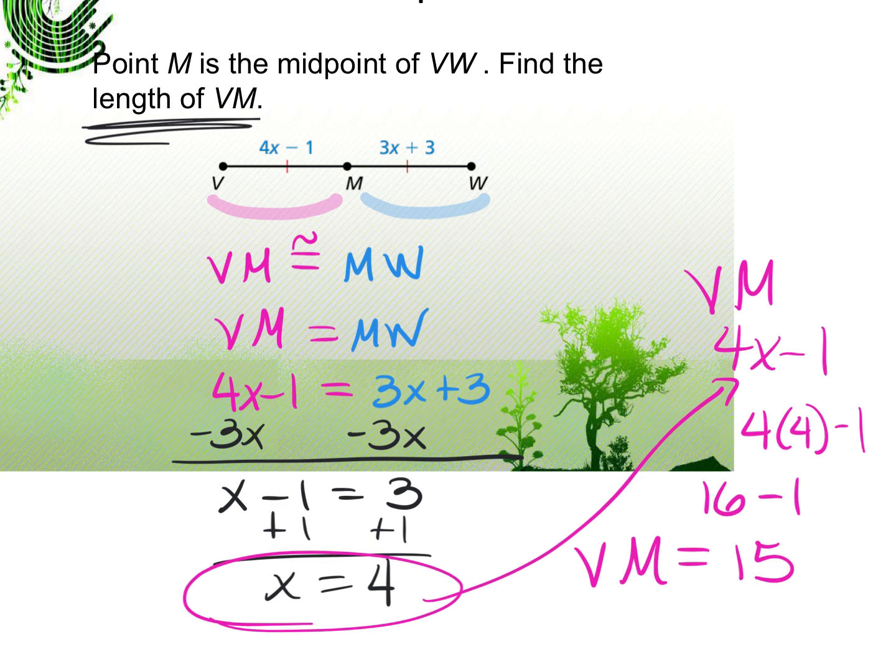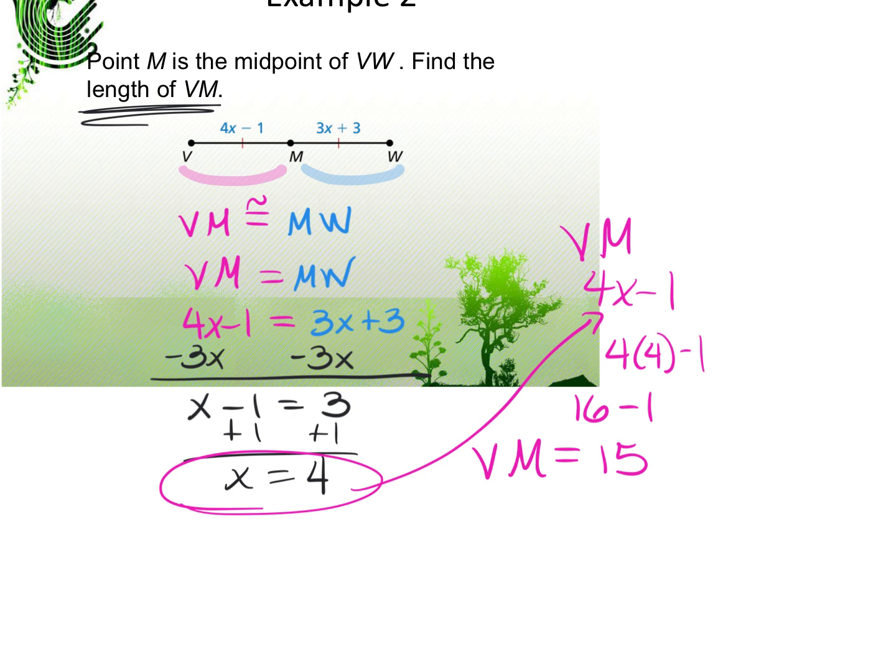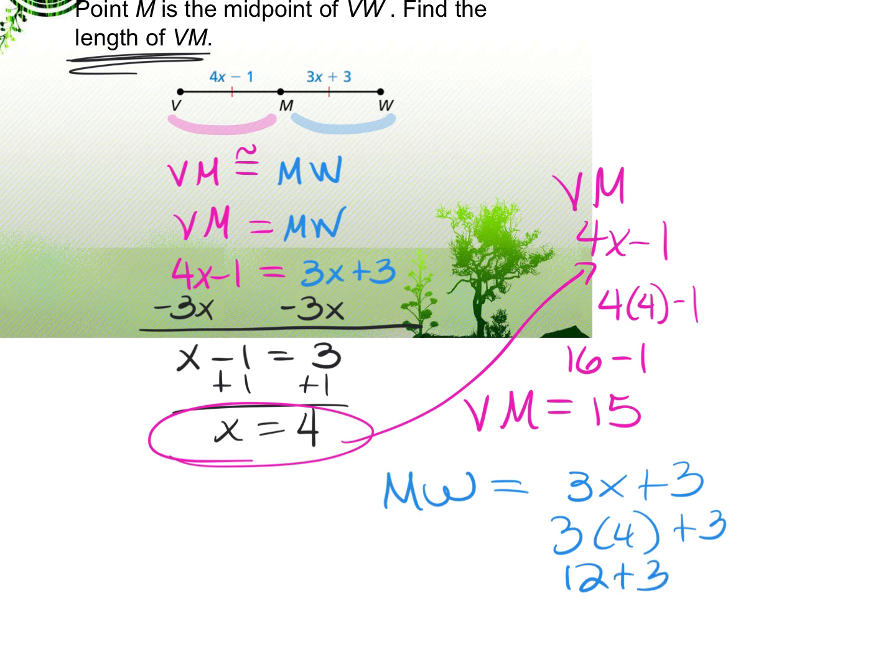Now, just to show you how I can vary different versions within the class. For example, let's say on Wednesday's quiz, I give everybody the same original diagram, but in one version I may ask for VM. Another version, I may say, give me the length of MW. Well, if you recognize that this was bisected, you know it's going to be 15. But if you had to show the work where you take its expression, plug in the 4, multiply and add, notice you also get